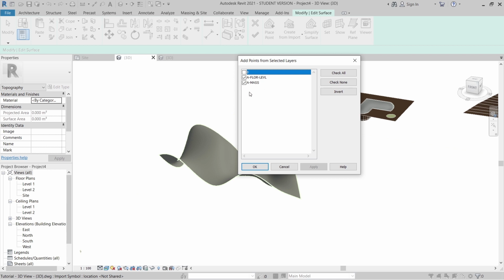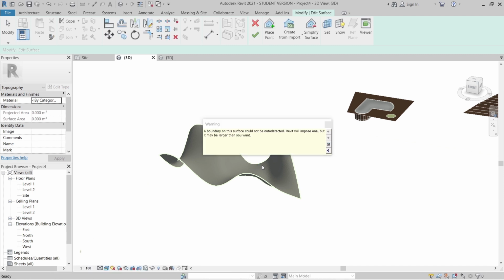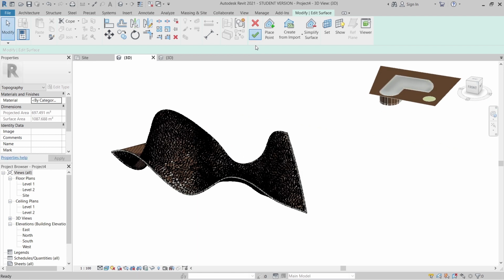And if you got your topo surface points from a surveyor, you will have a lot of points here. So I can uncheck first, then hit OK. Once I select that, Revit will take a few seconds to transfer to a topo surface. As you can see here, then I can just hit Finish.